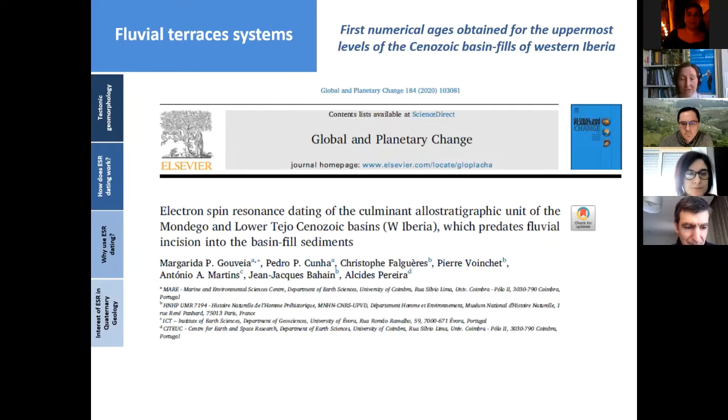And trying to get farther in time, this paper, also published last year, presents the first numerical ages for the uppermost level of the Cenozoic basin field of Western Iberia. This new chronology obtained by ESR dating is very important because in this area, the available numerical dating is quite limited and mainly restricted to the lower level terrace deposits because of the limitation of other dating techniques. Because when you try to date all terraces the number of dating methods that you can use is very reduced, okay, it's very limited. So this is a very, very important work, and it's very appropriate for this Iberian webinar